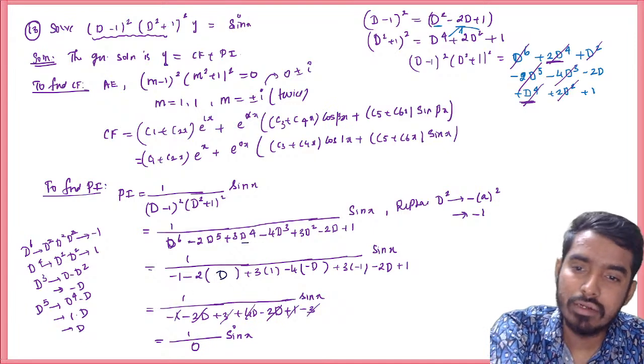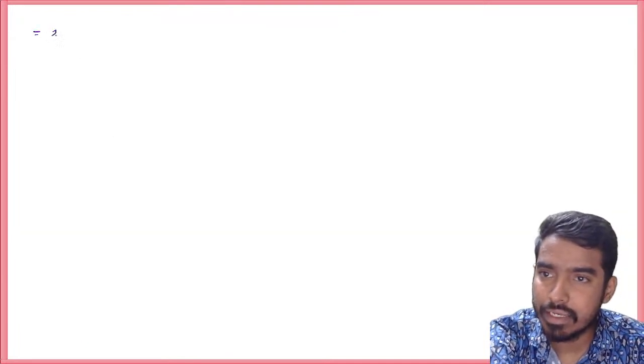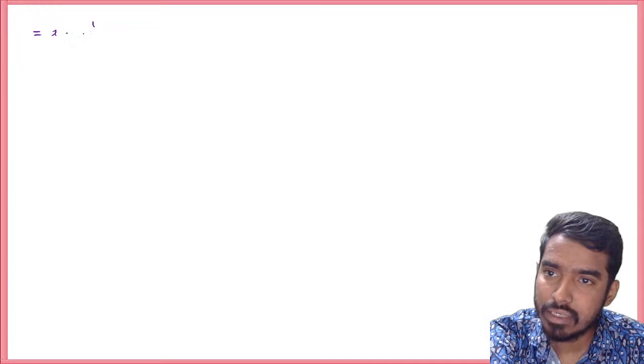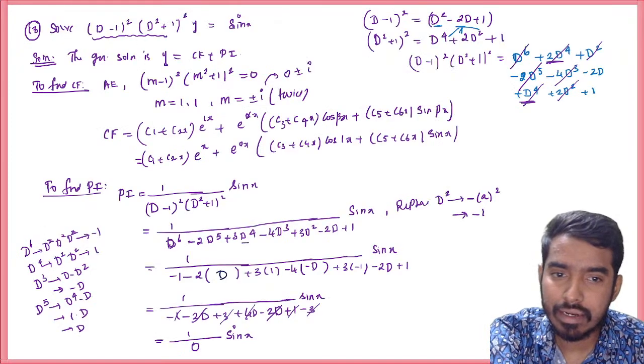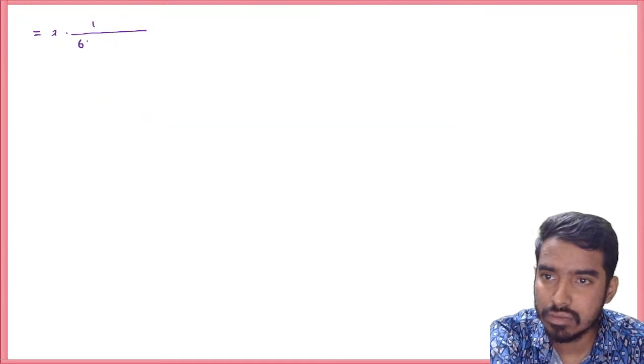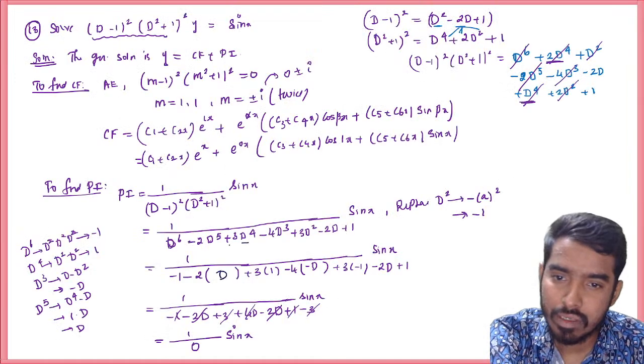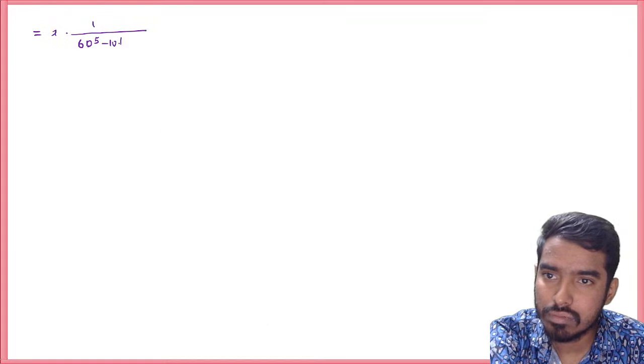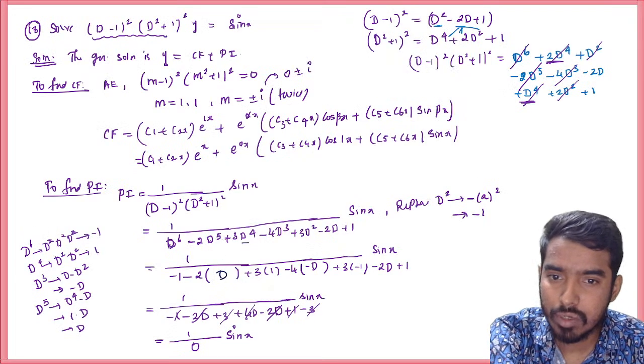So it will be 0, right? So that means we will multiply x here. We'll multiply x and differentiate the denominator, right? This is your denominator, so differentiate this. So d power 6 is 6 d power 5 minus 10 d power 4 minus 10 d power 4 plus